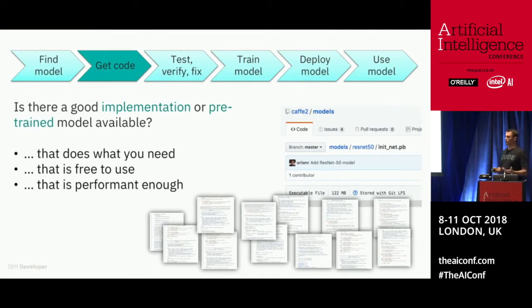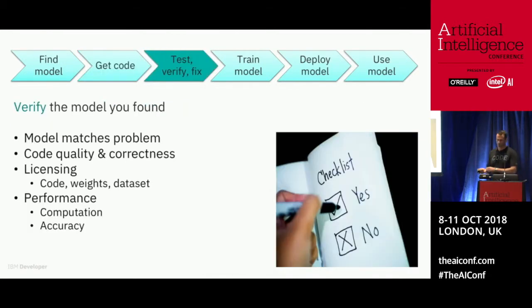What are the licensing implications around both the code and the pre-trained model weights and the data set that it was trained on, if you are using a pre-trained model? And is it performant enough for your application? So once you've found the model that meets all these requirements, the third phase, or the third step, is to